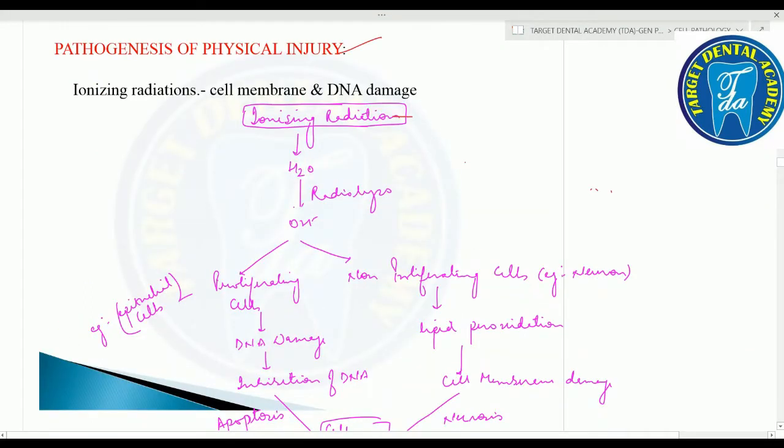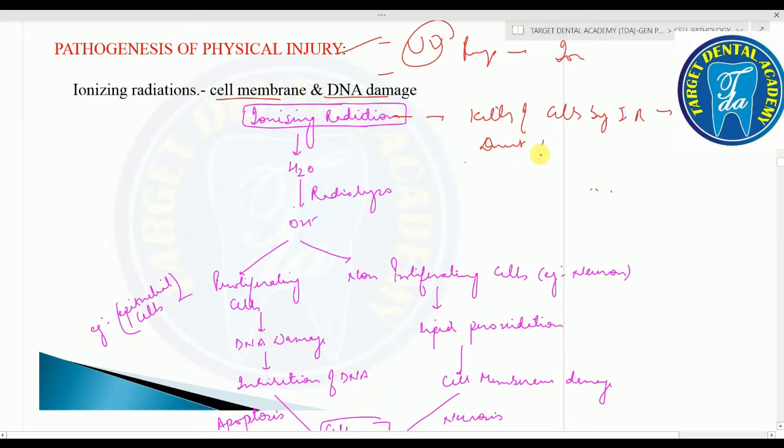So the pathogenesis of physical injury may be due to ultraviolet rays, or it may be due to ionizing radiation. The ionizing radiation acts on the cell membrane, and it leads to DNA damage. In this there is killing of the cells by the ionizing radiation. It is a result of the direct formation of the hydroxyl radical from the process of radiolysis of water. Fine. So these hydroxyl radicals damage the cell membrane,